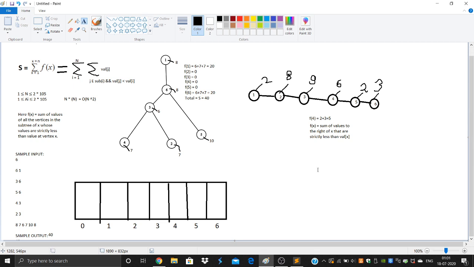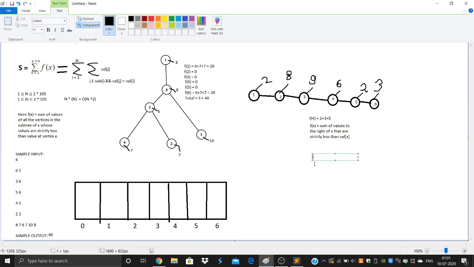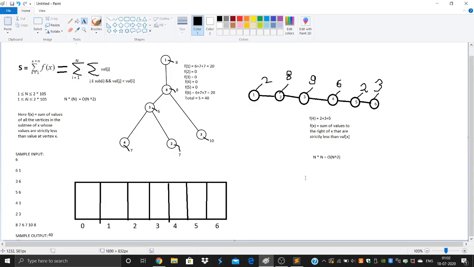For each node you're calculating the answer separately, and then you're traversing a subarray from L to R, let's say, whose worst case size is n. So you would again end up with O of n square complexity anyways. So there wouldn't be much of a point, right? So we need to do something better.